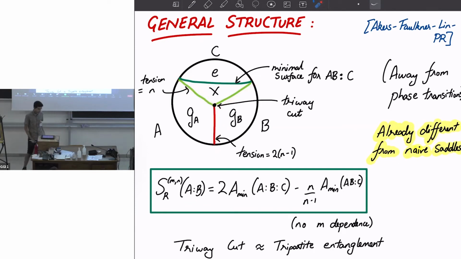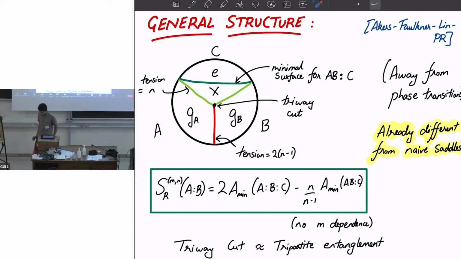The tri-way cut is some generalization of the minimal surface where you assign different tensions to each of these 3 portions, which meet at one point in the bulk. So it's a heuristic picture that this tri-way cut is now measuring some kind of tripartite entanglement. Like when we had these single domain walls, they were measuring some kind of bipartite entanglement, for example for the entanglement entropy. And this tri-way cut becoming important in the reflected entropy is some heuristic way of understanding that tripartite entanglement is becoming important.